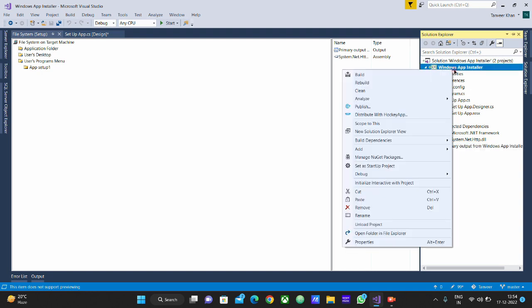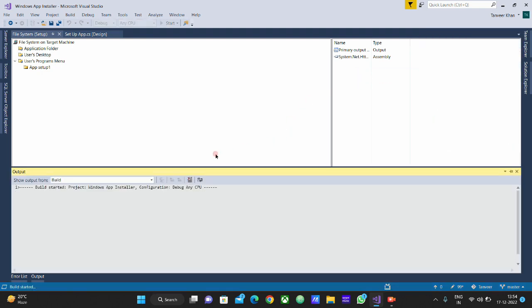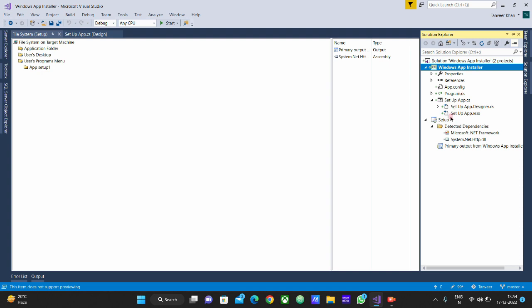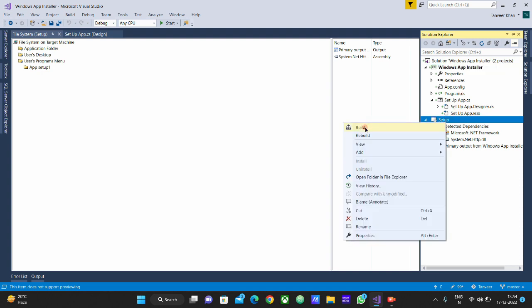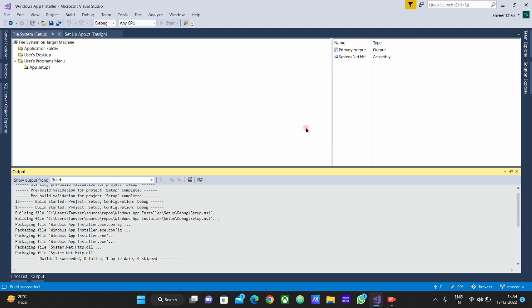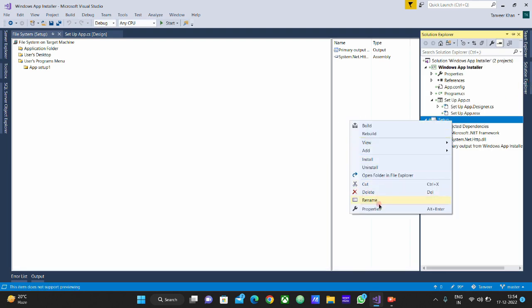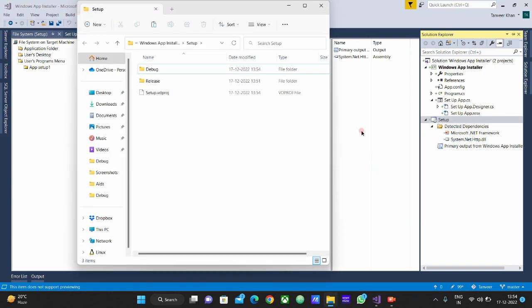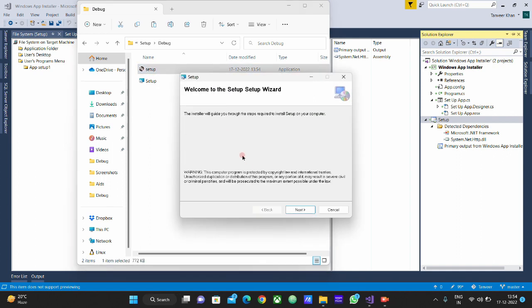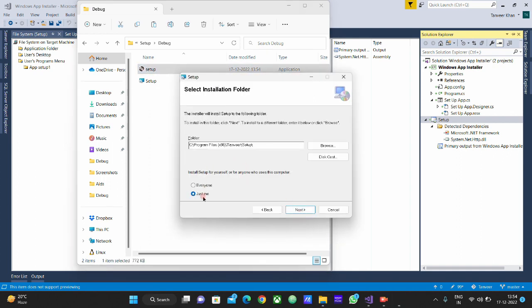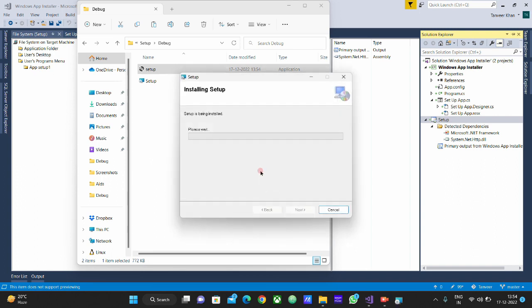So let's build our original project. Build succeeded. Now let's build the setup project. Build succeeded. And let's go to the location. In the debug folder, we can find the setup project. Let's double click on the setup. So it will start installing the project on our system. Once it's done,